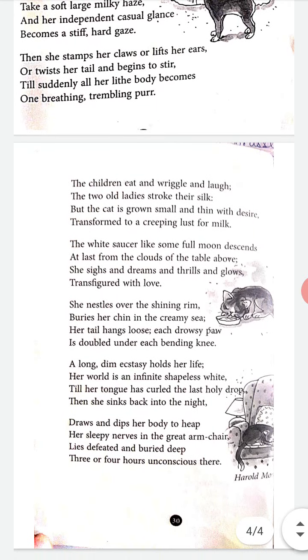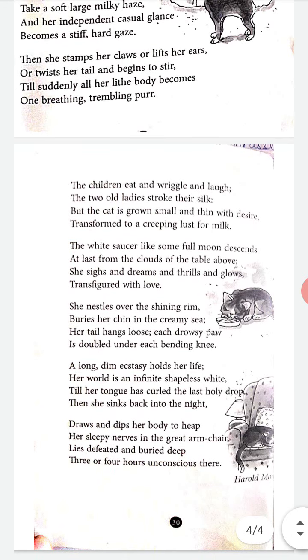The children eat and wriggle and laugh. The two ladies stroke their silk, but the cat is grown small and thin with desire transformed to a creeping lust for milk. Okay, now the children who were sitting at the table, they are eating and laughing and wriggling. The wriggling means to twist and turn one's body. And the two ladies who were also sitting at the table,